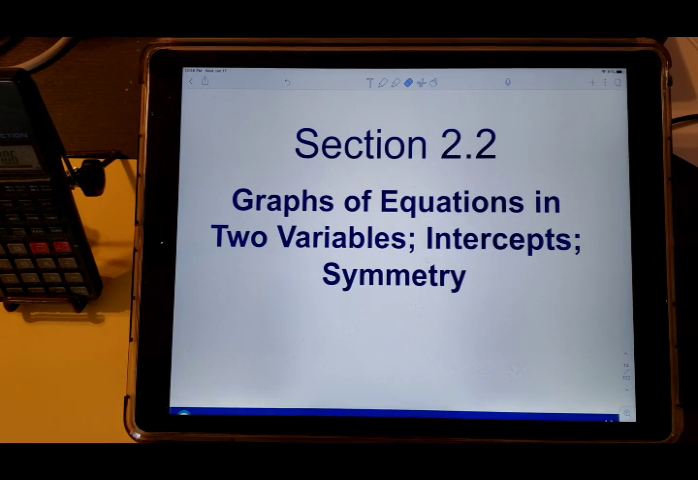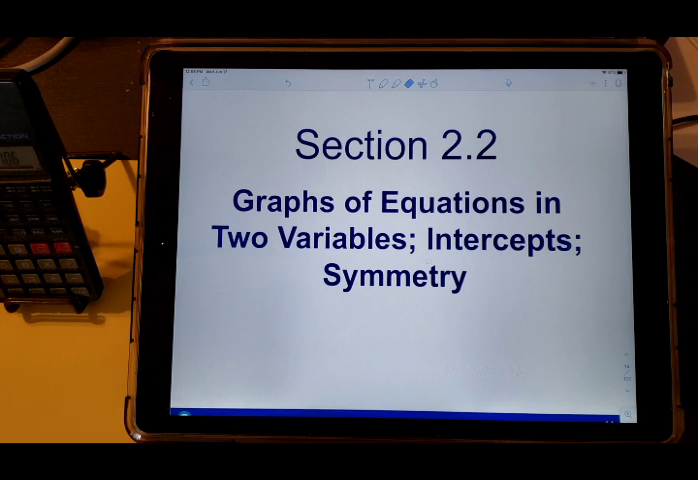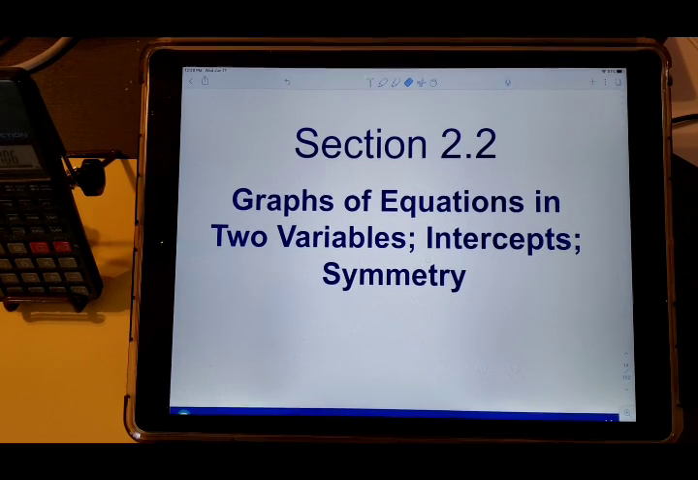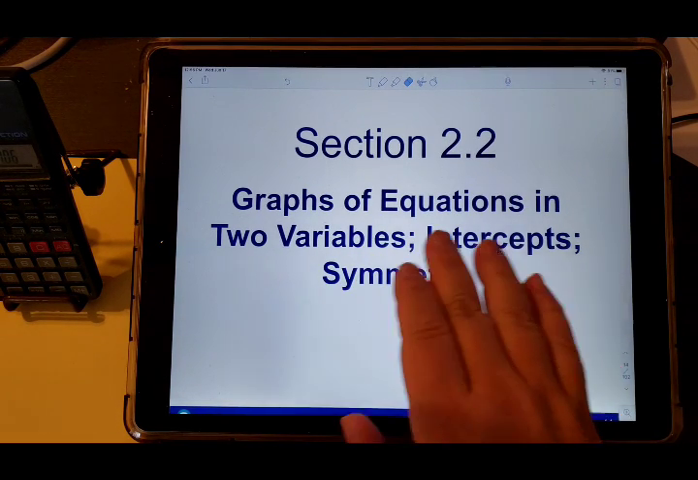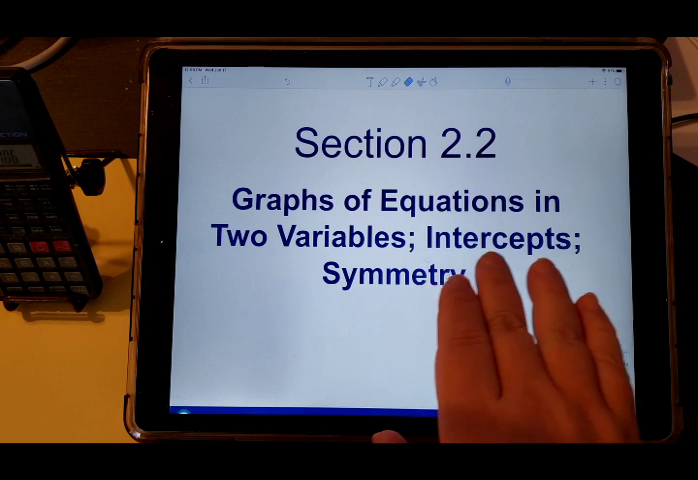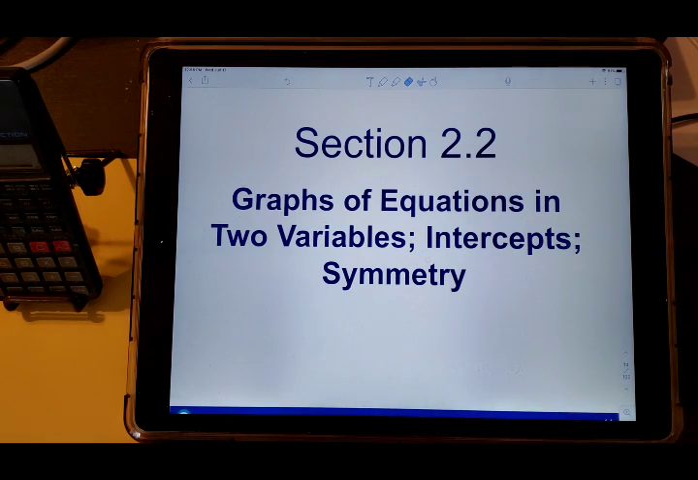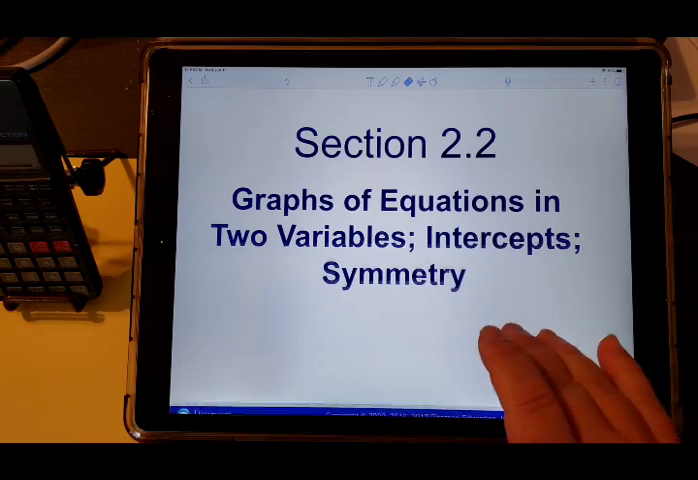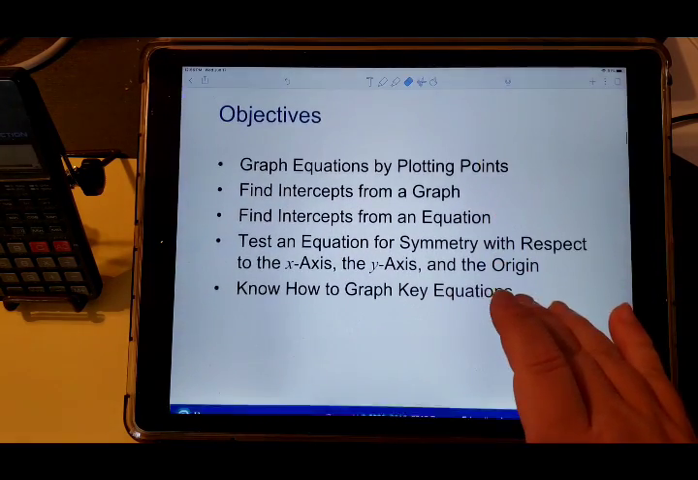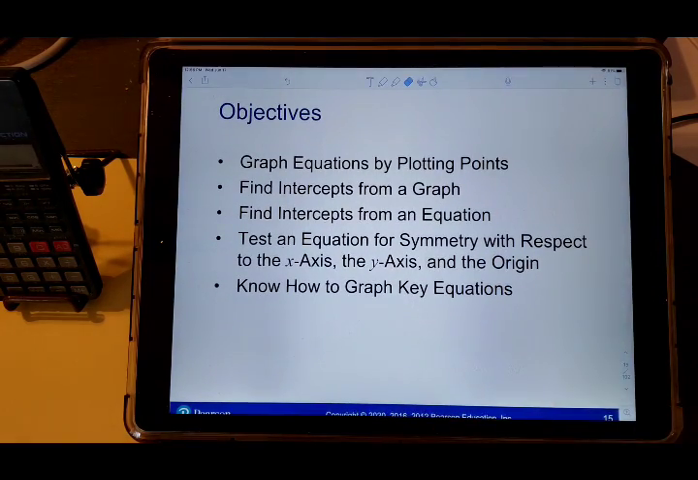All right, welcome back to Chapter 2. We're picking up where we left off, Section 2.2, Graphs of equations in two variables, intercepts, and symmetry. Now, when you learned all of these things, they could be spread out over several courses, so it is kind of a reasonable review here. All right, objectives of this section: